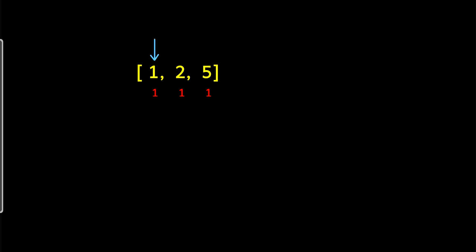Let's understand this with respect to the first child who has 1 rating. So 1 will be compared with the left neighbor as well as with the right neighbor. 1 doesn't have any left neighbor, so we will compare 1 with respect to 2. So 1 is less than 2. This problem is all about higher rating, so he will be getting just 1 candy.